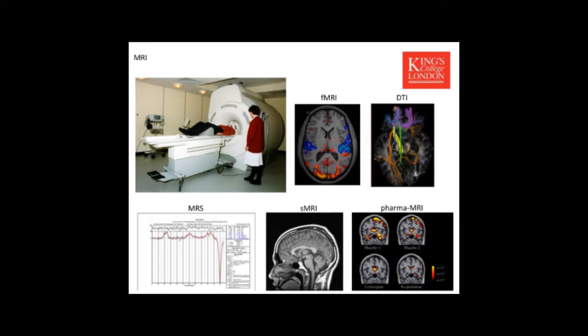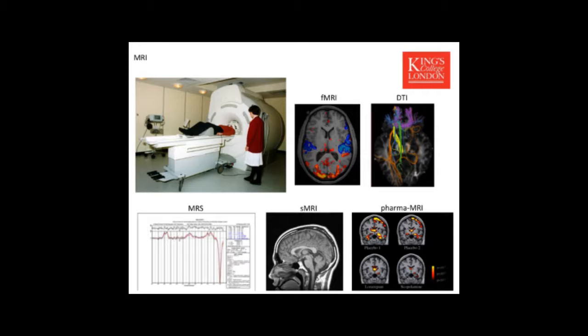Again, more pretty pictures for you. So we have an MRI machine which looks like this. The subject lies inside the scanner. There's a coil on the subject's head that then helps us with the magnetic field to capture the image. And we can do functional MRI, as you see here in the photo with the blue blobs and the red blobs. And we can see what brain areas are activated when someone is doing a specific task, thinking about specific things.